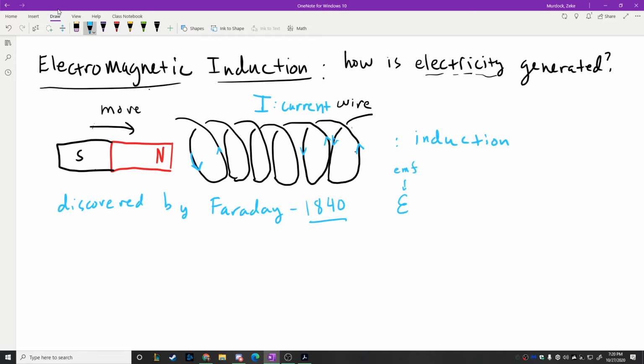You can induce an EMF in a wire if one of three things happens. If the magnetic field changes, if the area of the loop changes,